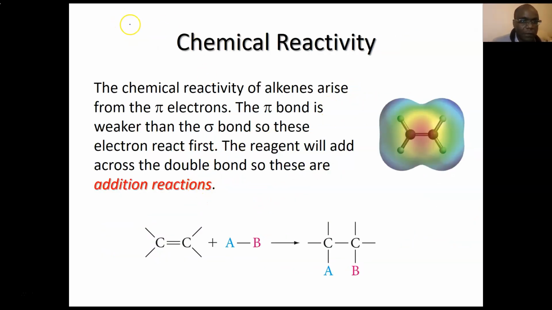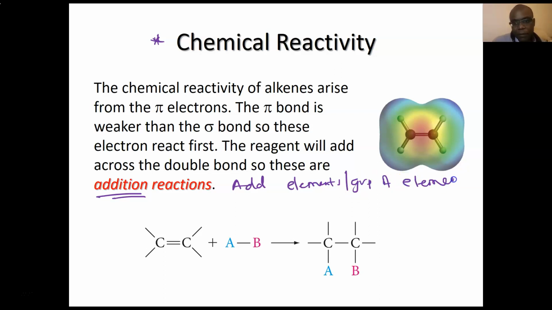Now, what is the chemical reactivity? Usually alkenes and alkynes undergo addition reactions, which means you add elements or groups of elements across the double bond, but that happens by sacrificing a pi bond. You'll be left with a single bond. So for example, you're starting with an alkene. Let's give a prototype